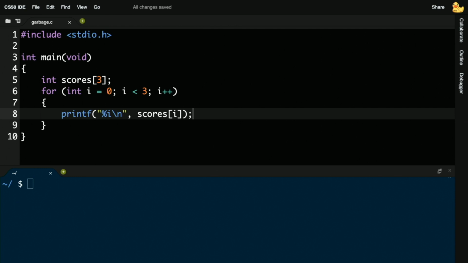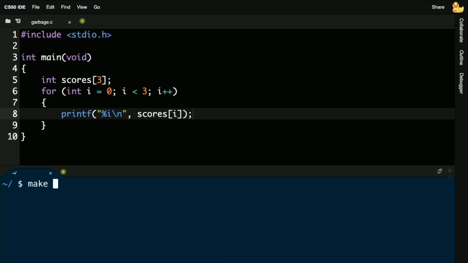So logically, my code is correct in what it's trying to do, print out the values in scores. But notice that I have deliberately not initialized any of the 1, 2, 3 scores in that array. So who knows what's going to be there. Indeed, it should be garbage values of some sort that we couldn't necessarily predict in advance. So let me go ahead and make garbage. Since this program is in a file called garbage.c, it compiles OK, but when I now run garbage, we should see 3 scores, which are cryptically -833060864. Another one is 32,765, and the third just happens to be 0.